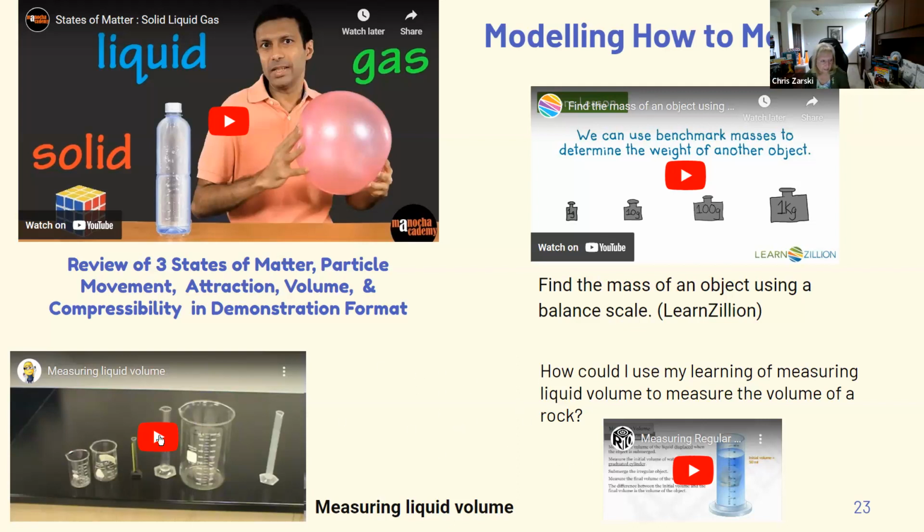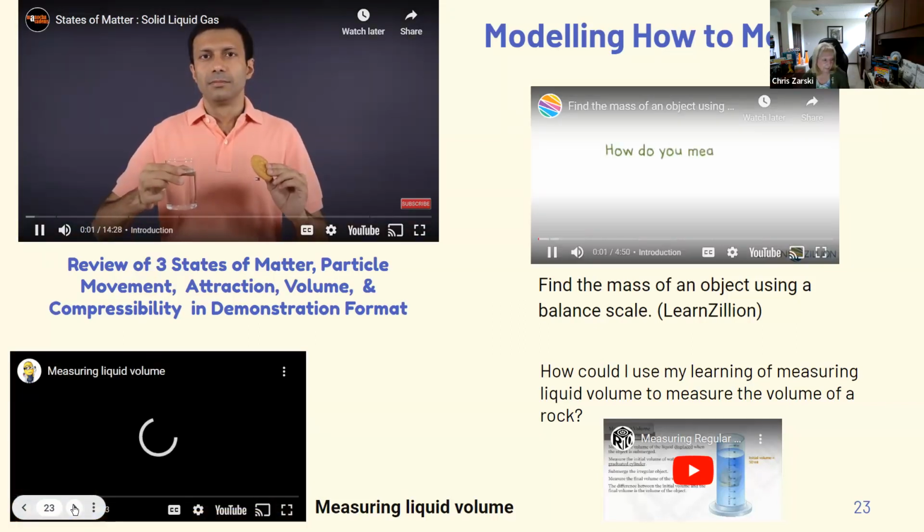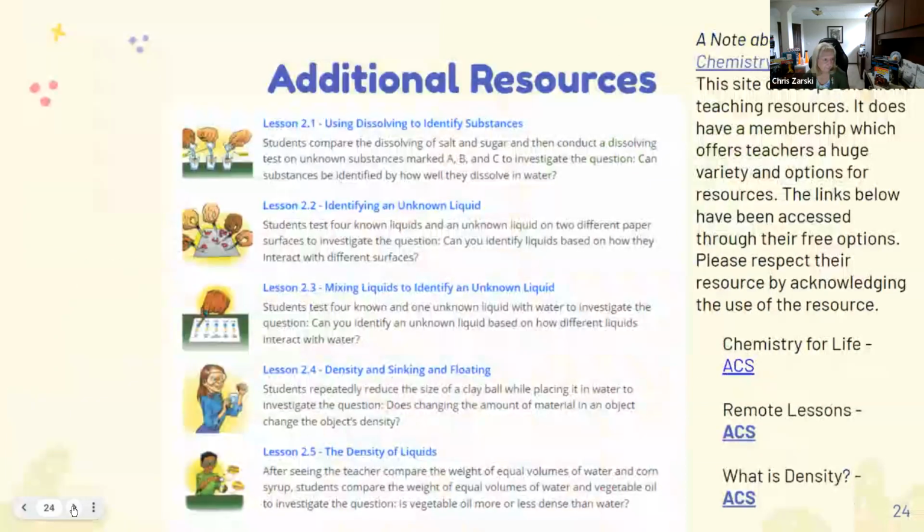So again, some of these are demos. It talks to them about different tools. I would challenge you to ask them to provide you with other tools that they measure. What else do they use that would be helpful? The final form of measure.